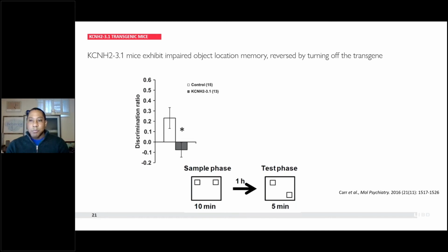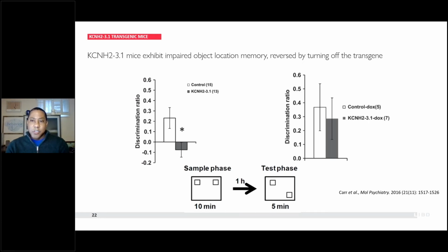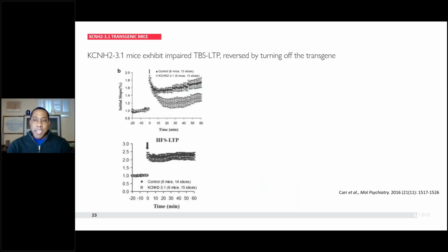But there's a big issue for us when it comes to modulating this channel, right? These mice have overexpression of 3.1 their entire lives. So we don't know if these phenotypes we're seeing are the result of acute effects of the channel, which should be amenable to pharmacology, or whether the result is from a diffuse set of adaptations or compensatory plasticity that occurs over the lifespan. So as a partial test of this, we fed a cohort of mice doxycycline for a few weeks during adulthood to turn off expression of the transgene. And what you'll see is that turning off expression here in adulthood reversed the object location phenotype. So this gave us some hope that there may be a way to correct these pathological phenotypes in adulthood, and thinking translationally, it may be possible to treat patients